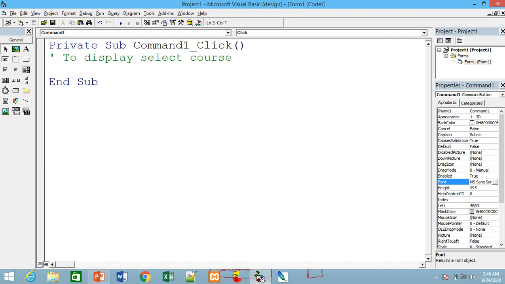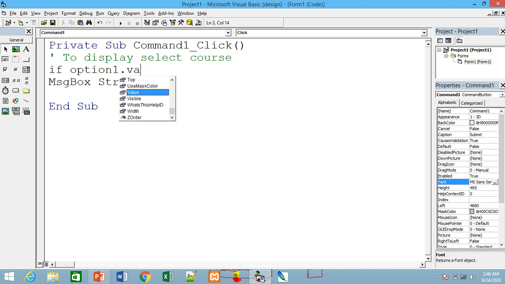Then I have to say message box, say MSG or str. So what is the value of str? I don't know. In order to get this, I have to check if option 1 dot value is equal to true.